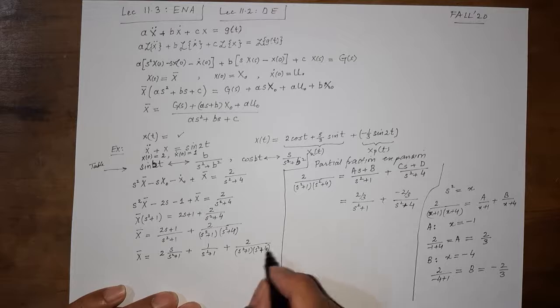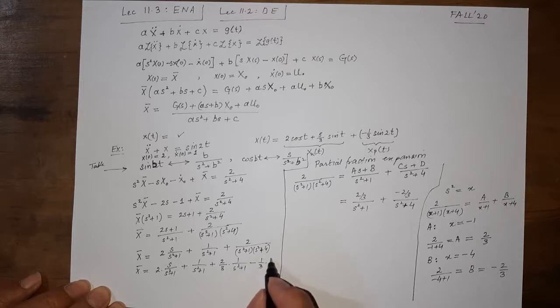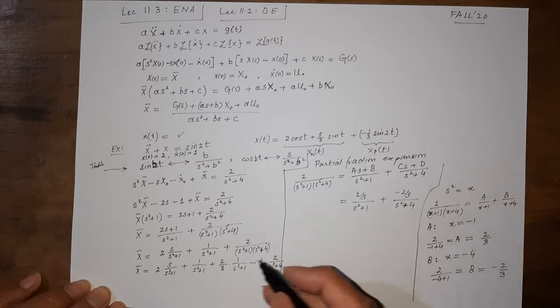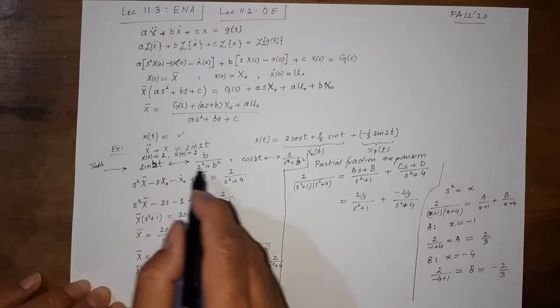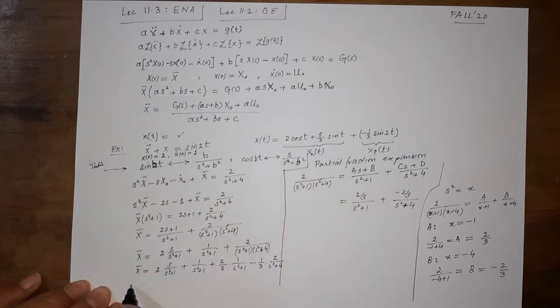So ultimately, we got x bar equal to 2 times s over s square plus 1, plus 1 over s square plus 1, plus 2 by 3 times 1 over s square plus 1, minus 1 by 3 times 2 over s square plus 4. I needed a 2 here, so I have written this 2 here. Now, just by consulting the table of transform pairs, we can very easily write,